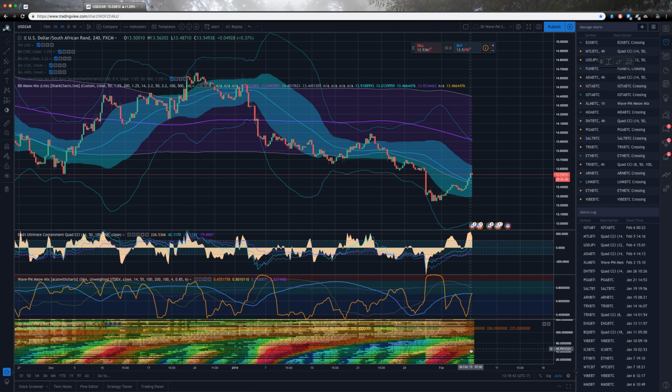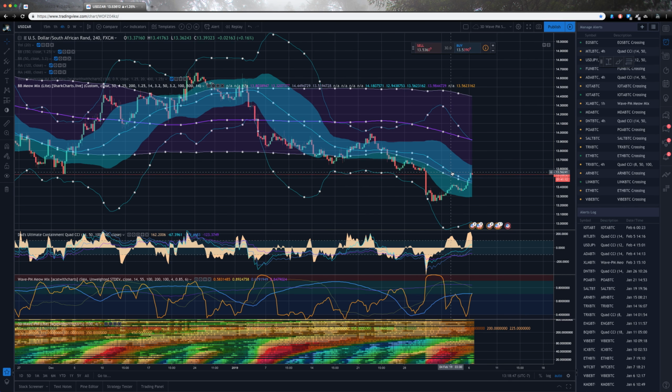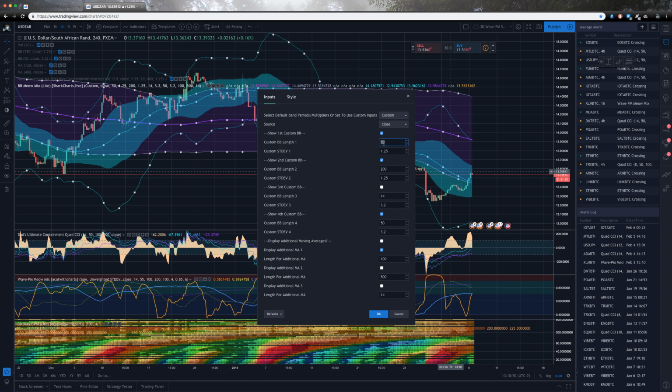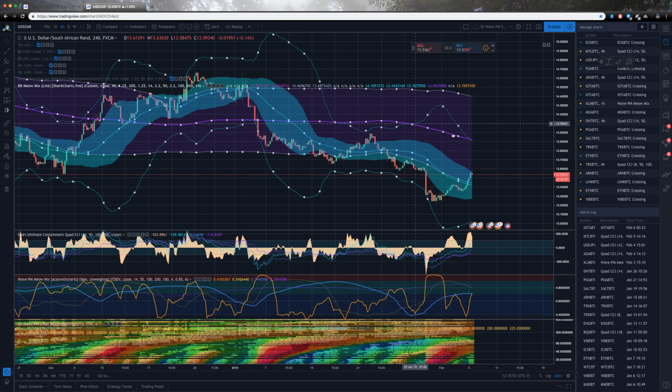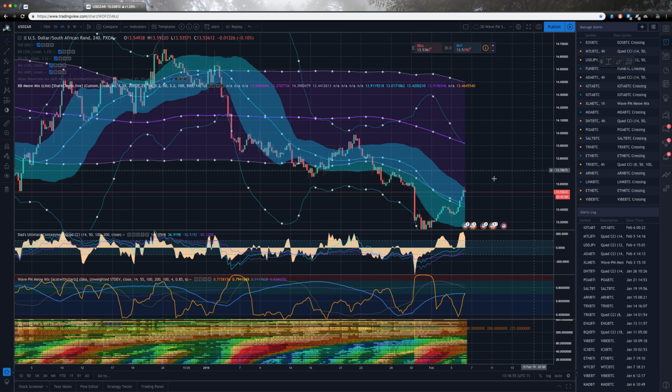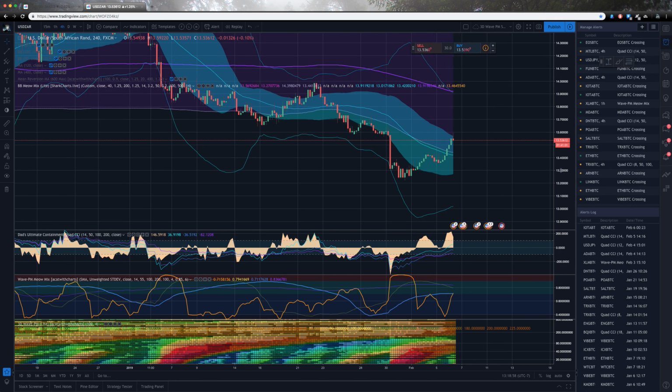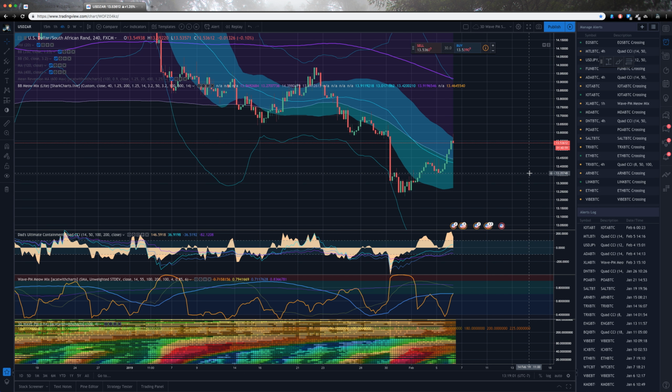Okay. Are we getting compression as defined by the 50? Because that would be really convenient. No, by the 40. Okay, I can see that now. Ready? This is going to be really nice. This is a short entry right now, technically. Lateral trading as defined by the longest over expanded period. Yeah, this is good. Everybody's looking at that shooting star candle right now. And if that closes, yeah, there's going to be a lot of short entries.